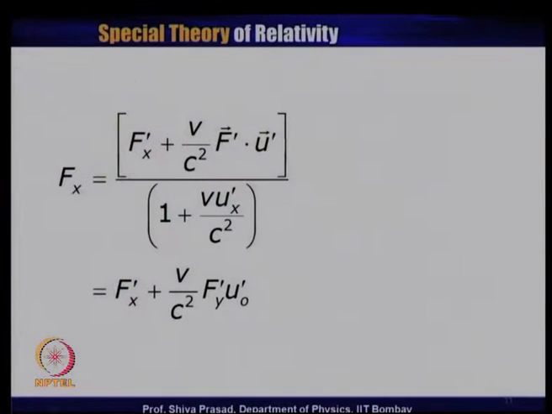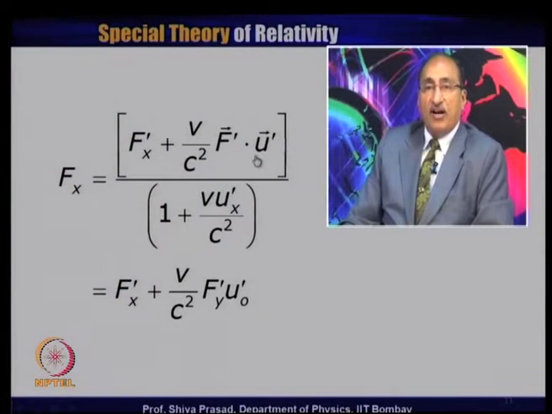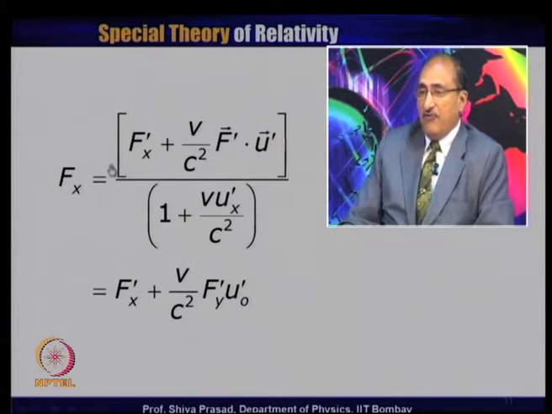If you remember, this was the x component transformation of the force. The fourth term of the 4 vector was work, which was related to F dot u. So, Fx was equal to Fx prime plus V divided by c square F prime dot u prime. If I take the dot product,